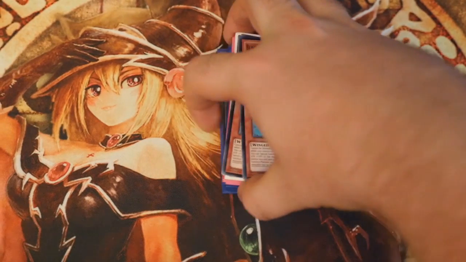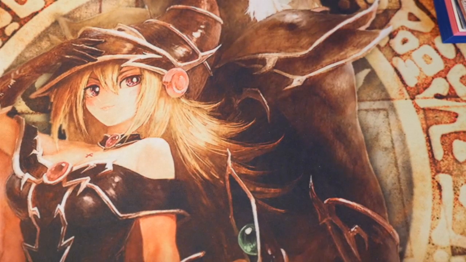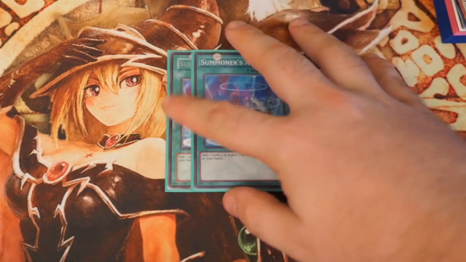And that gets you into the Sulcan plays with Magispectre Raccoon. It can get you into your level 8 plays, and so on and so forth from there. Right, so straight onto the spells. 2 Summoner's Art to search out your Volx Flames,